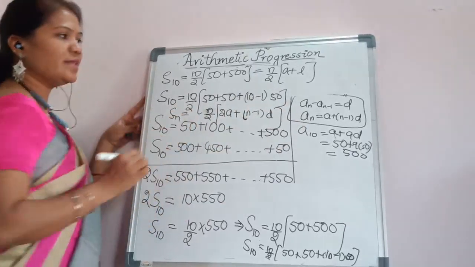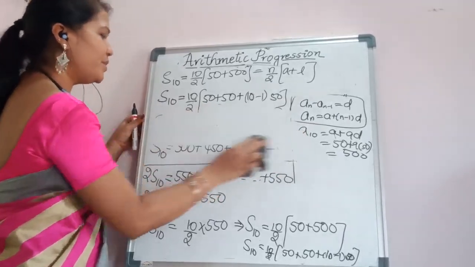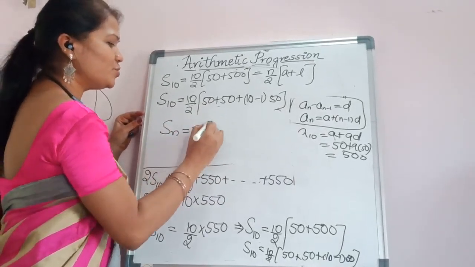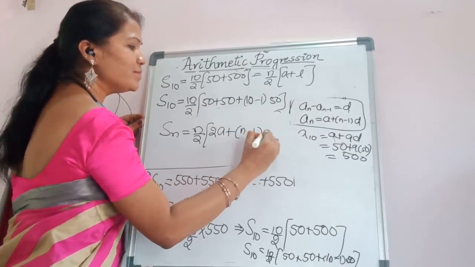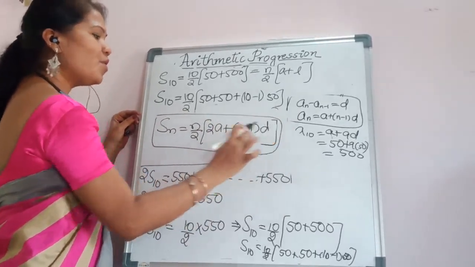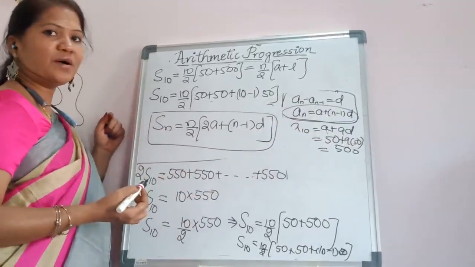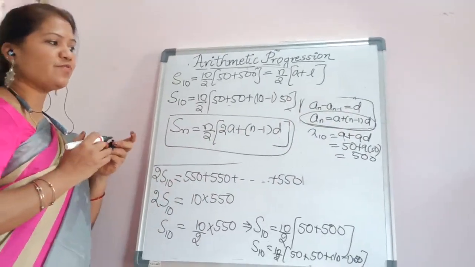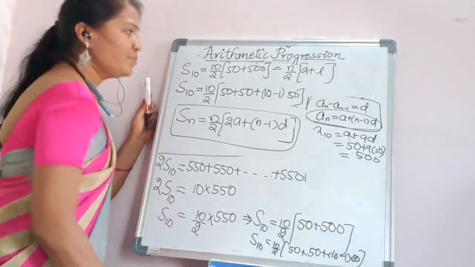This is the sum of n terms in the AP. So in general, the sum of n terms in the AP can be written as Sn is equal to n by 2 into 2a plus n minus 1 into d. This is the formula used to calculate the sum of n terms in the AP, and this is the general term of an AP, and this is the common difference of an AP. These are the three major formulae which you learn in your 10th class arithmetic progression. Right? Now coming to,